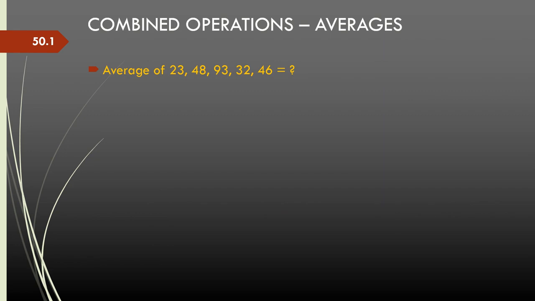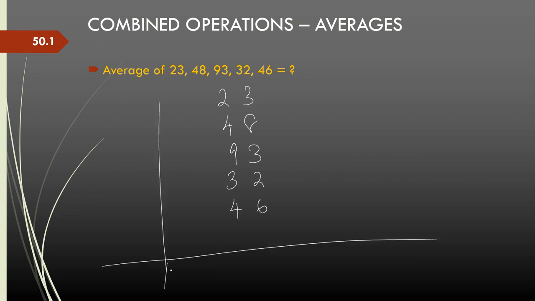Now let us see how we can apply this to an operation which is dividing sums, like averages, for example. If I have 5 two-digit numbers, and I want to find the average of those, let us say 23, 48, 93, 32 and 46. Instead of calculating the full sum, I will calculate place value by place value. So I will start first by calculating the total of the tens places and dividing it by 5.